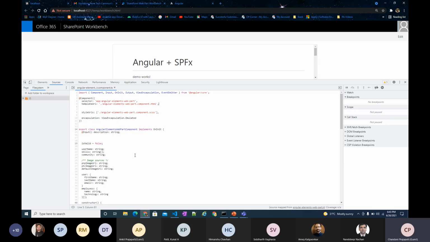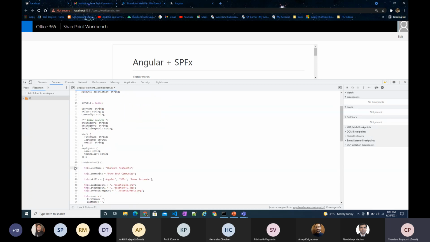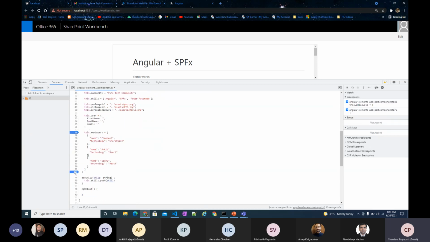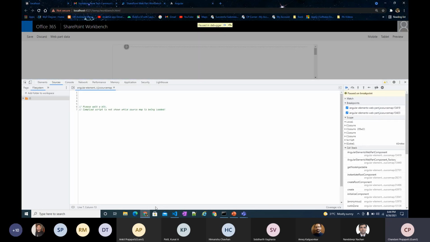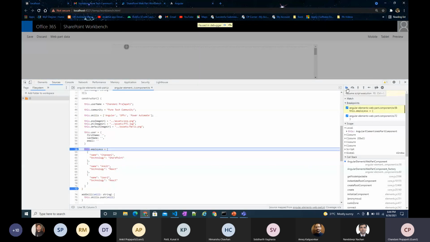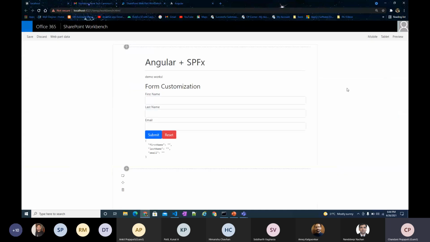So we have used a source map, so we can debug Angular files in SPFx. So here we can debug anything related to Angular files. So we can also debug an Angular element in SPFx.